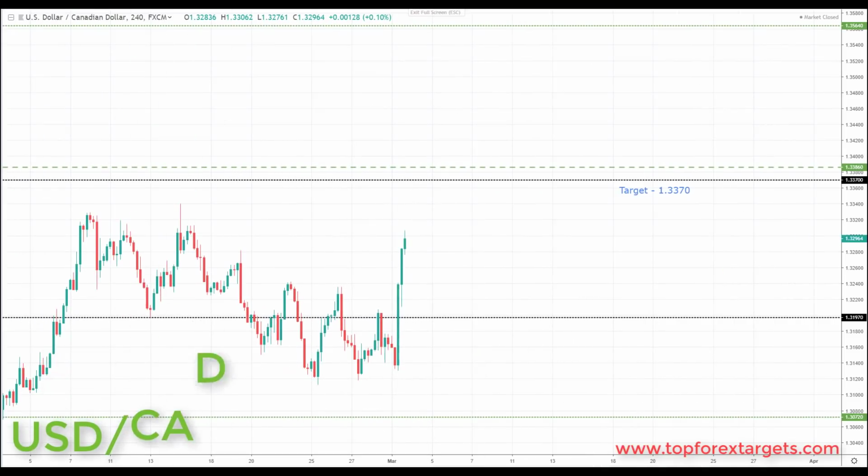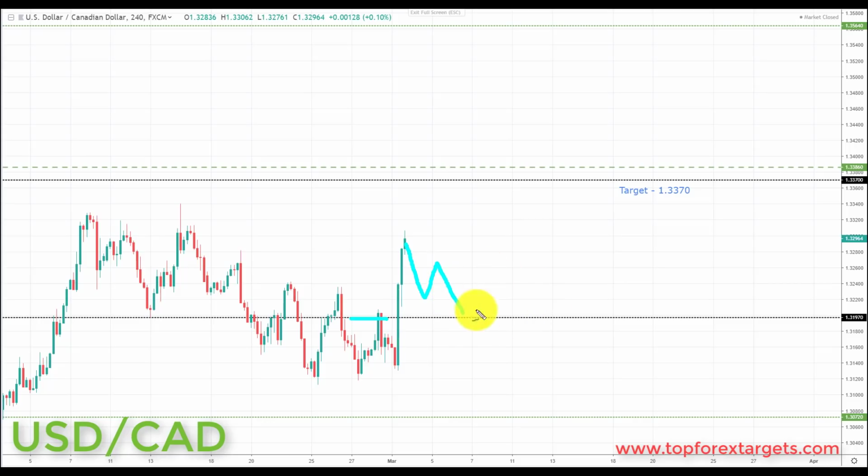So next pair we're going to look at is US dollar CAD. Now last week we were actually trading below the key area of broken support turning resistance at the 1.31970, and we had this reversal to the upside off the back of that poor Canadian GDP data on Friday. And so very simply put, we go into this week above previous broken resistance, looking to turn support at the